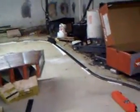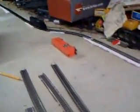It's for my new train set that I'm setting up right now. Dig up the old track again. So this is my train set, and